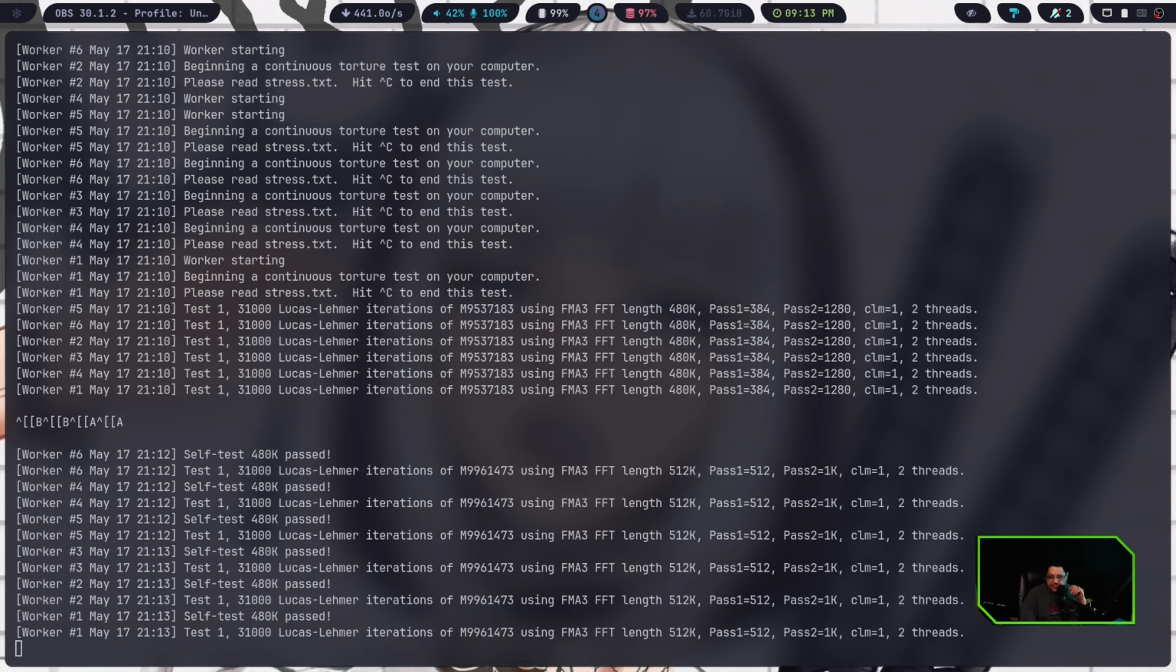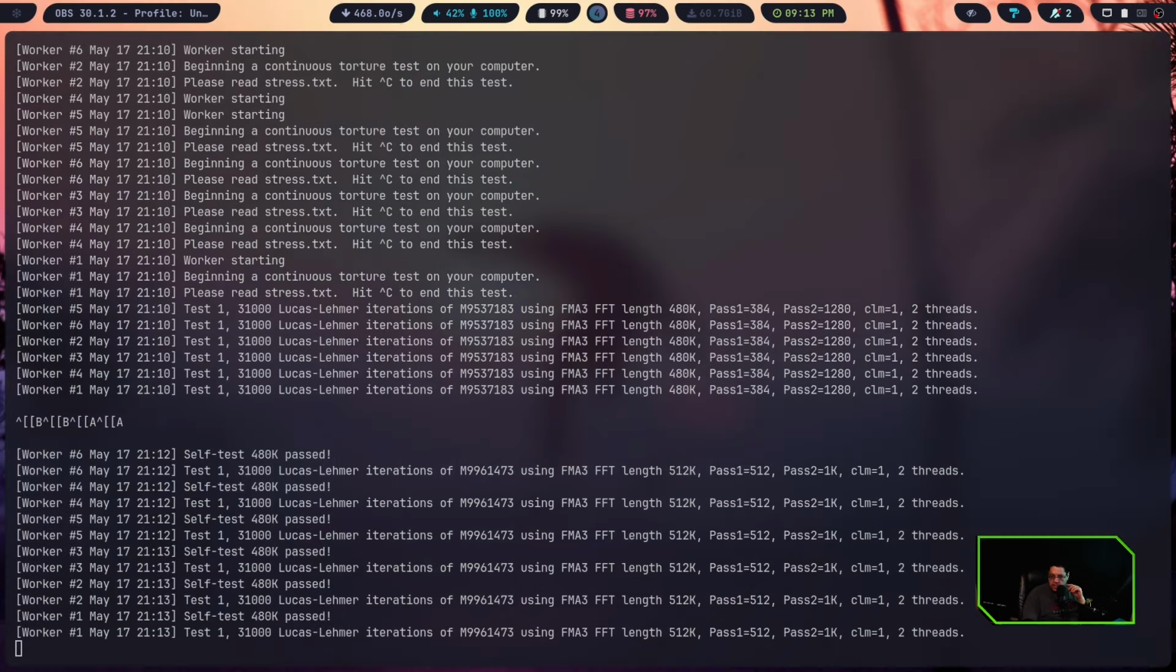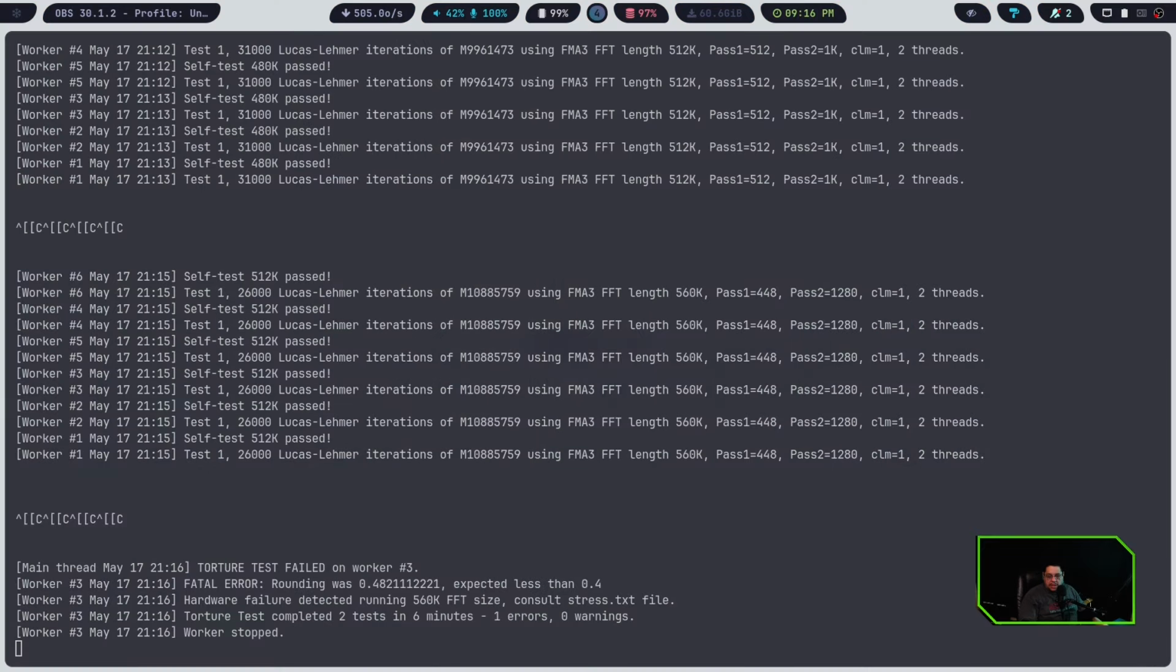So I'm unpausing for just a second here to show you that test number 1, which you can see is self-test 1, and they're passing. It has passed at 480K, and it passed on, as you can see, workers 1, 2, 3, 4, 5, and 6. Those are the different threads that it's testing. Now, as you can see, it is running test number 2, which was a